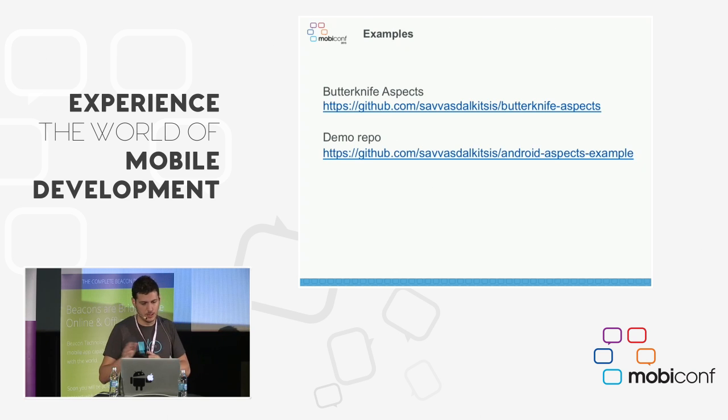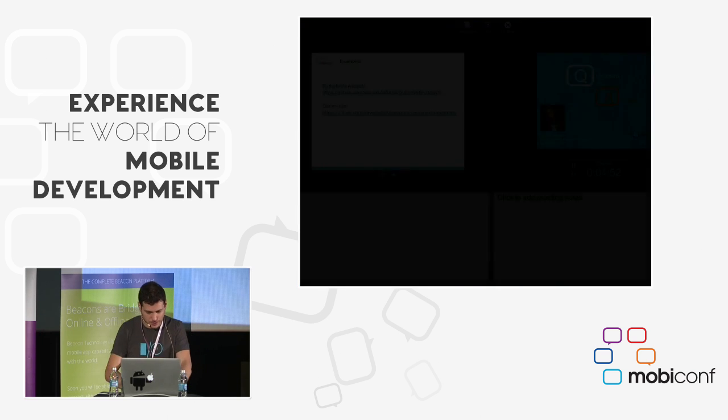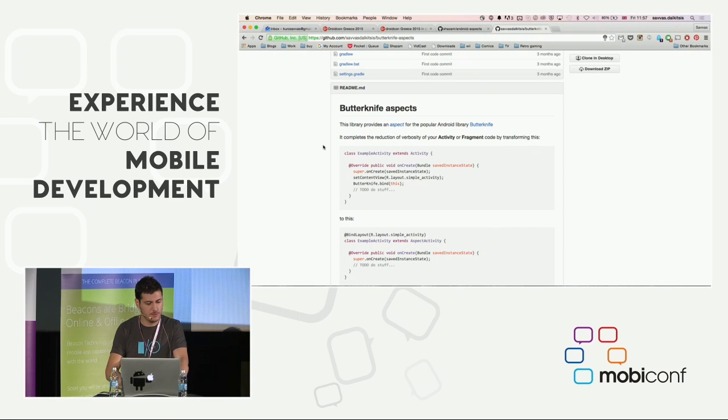Speaking of which, a shameless plug here, about one of my libraries that I worked on in my spare time. It's called Butterknife. Well, Aspects, I have to change the name back to traits. But to demonstrate what this does, how many of you are aware of the Butterknife library by Jake Wharton? Everyone, of course. It's a very cool library.